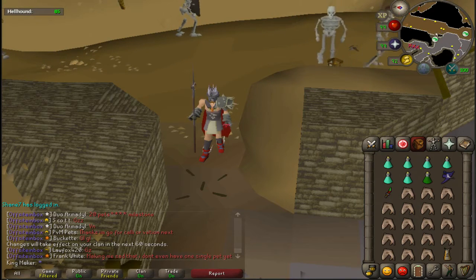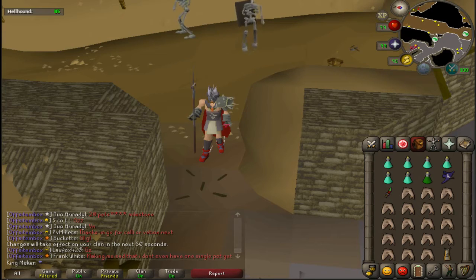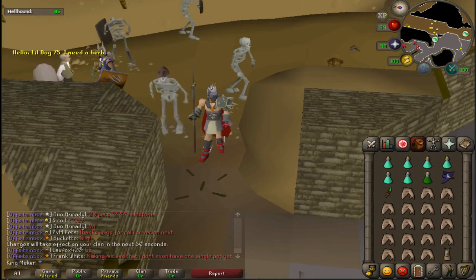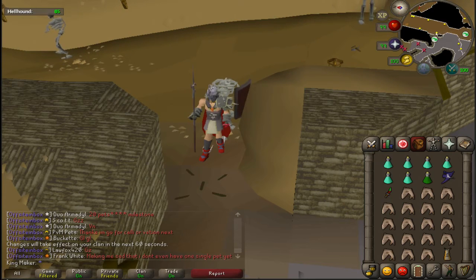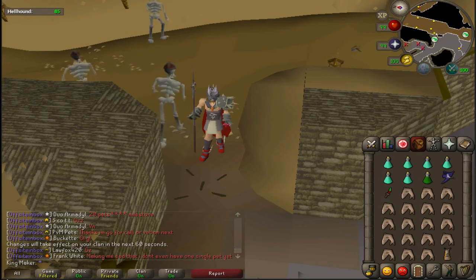Now when we factor in the crystals, the way I did this was I calculated how long it would take to get each crystal. The crystals have a 1 in 28 chance to land on the table, and you have a 1 in 512 chance to actually get a certain crystal. So in 512 kills, you can expect to get every crystal once. Theoretically, that's how the game is set up. If you killed 5,120, you could expect to have 10 primordials, 10 Pegasians, 10 eternals, and 10 smoldering. So with that said, that's how I factored it. I added the common drops and then the average of the 4 crystals, which gave me a total of 2.9 mil an hour. Now that's actually kind of crazy, considering you can make 2.9 mil an hour doing Cerberus and